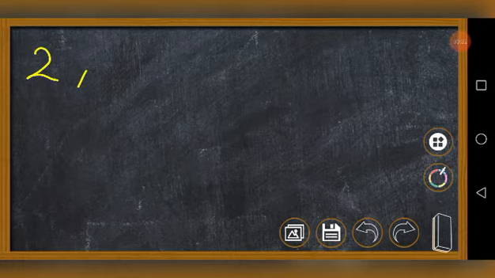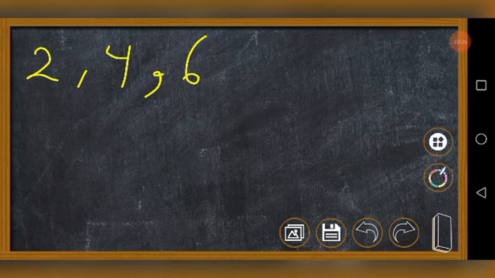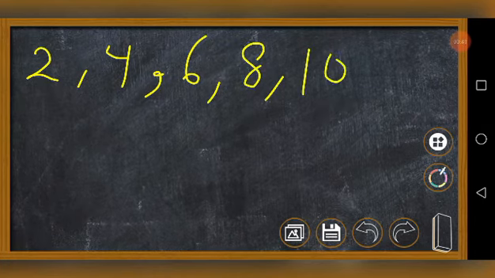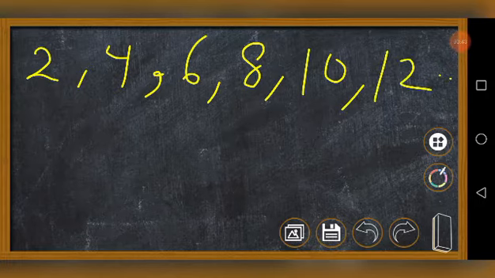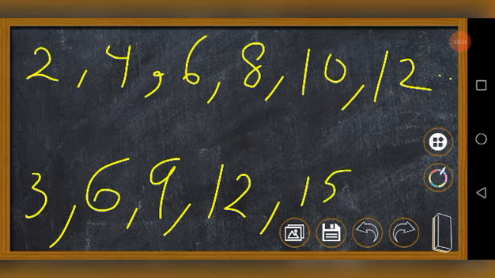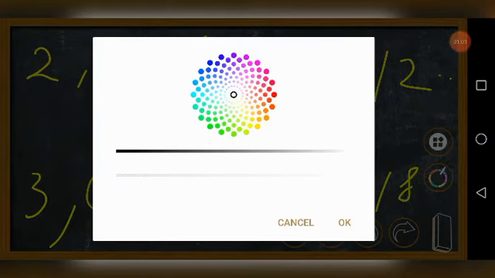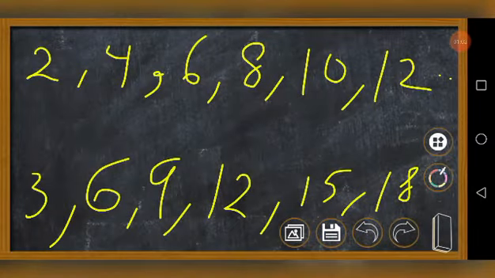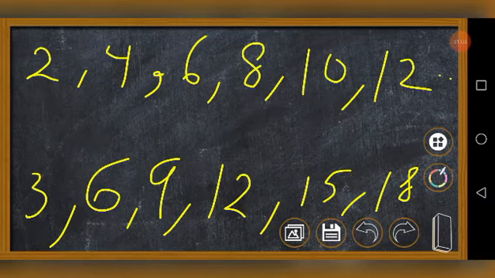So I'm gonna put the multiples for each number. So 2, what are the multiples of the number 2? 2, 4, 6, 8, 10, 12, and go on. And the multiples of the number 3: 3, 6, 9, 12, 15, 18, and go on. So we will take the common multiple between them, but we have to take the lowest